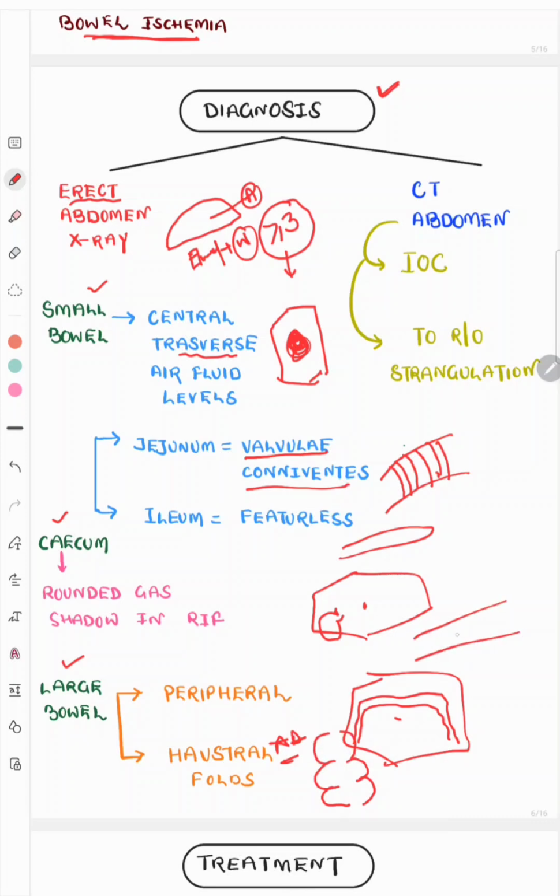Valvulae conniventes complete and haustra incomplete. So these are the features. When we do NEET